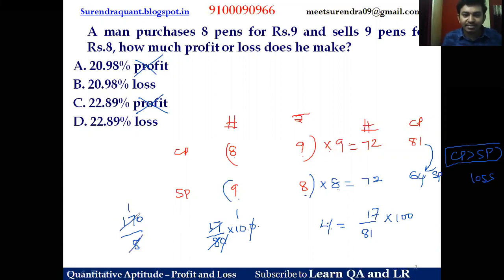So 8 goes 2 times, right? 8 goes 16, 1 remainder. 8 goes one time. 21 point something you got. When you got 21 point something, then I decreased the denominator. So when the denominator is the actual one, the answer will be less than 21%. So less than 21% is 20.98. I can approximate it as 21%. The remaining options are 22.8, close to 23%, which is much more in value. So like that, you can work out the approximation technique.